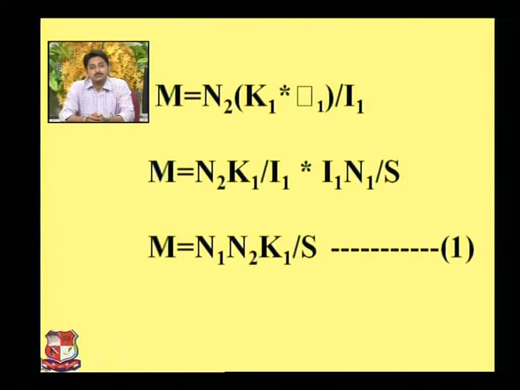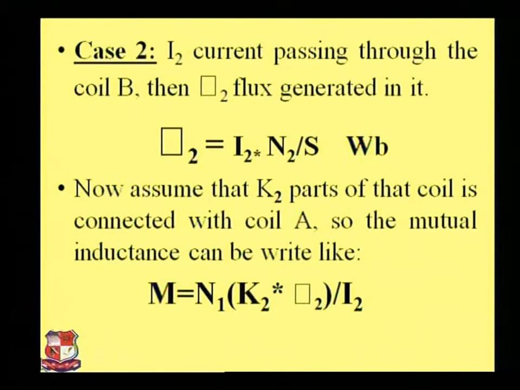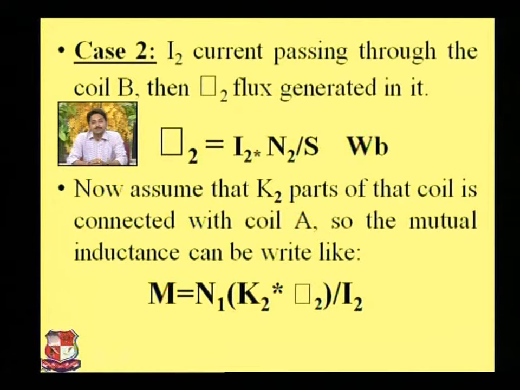Now case number 2. When the current I2 passes through coil B, the flux phi2 is generated in coil B. So phi2 equals I2 N2 by S Weber. Now again suppose a portion K2 of the flux of coil B is linked with coil A. So the mutual inductance due to that can be written as M equals N1,